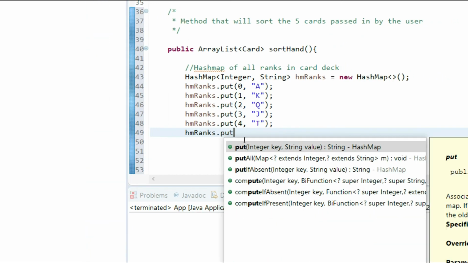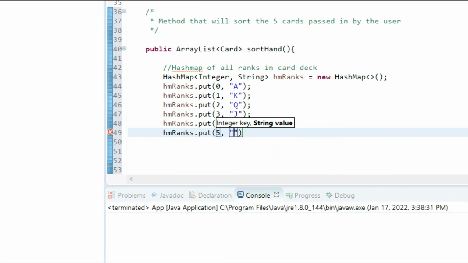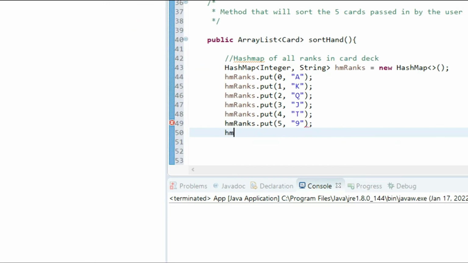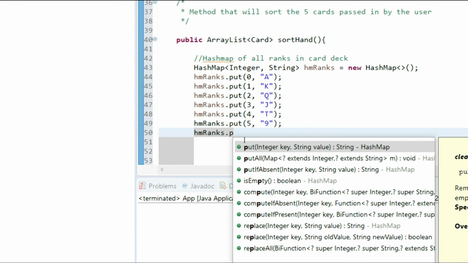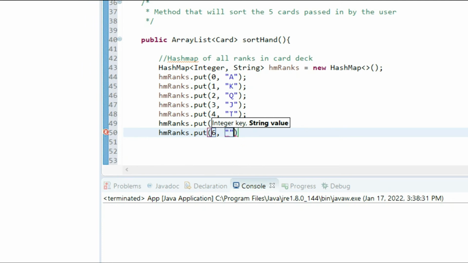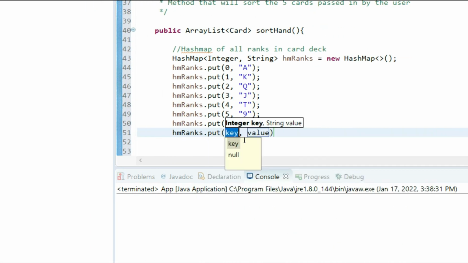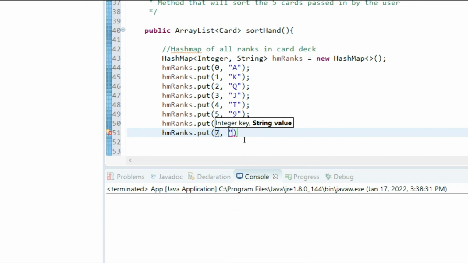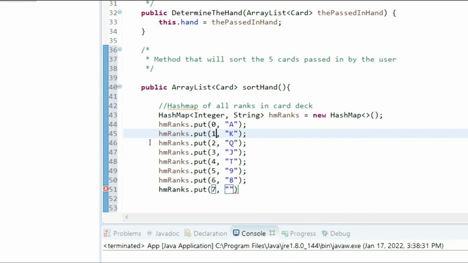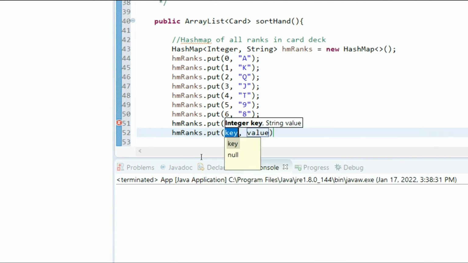HM ranks dot put 5, 9. HM ranks dot put 6, 8. Ranks dot put 7, 7. HM ranks dot put 8